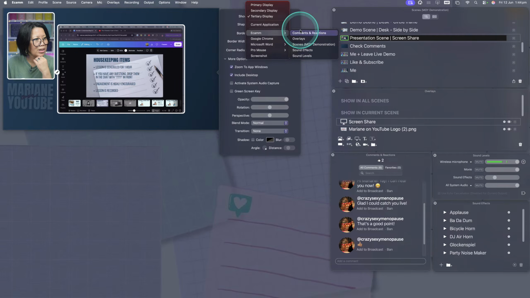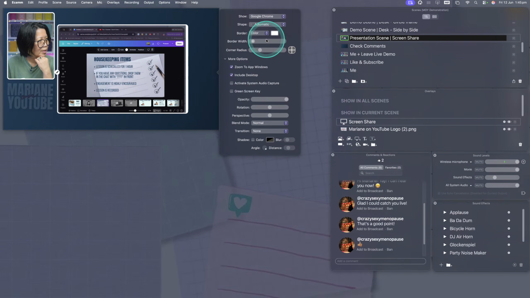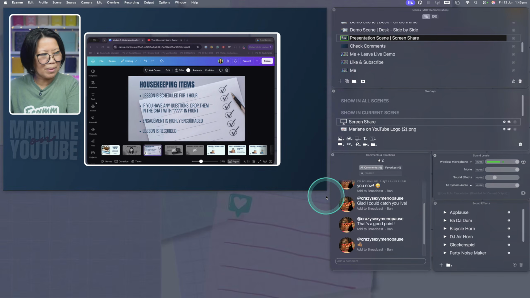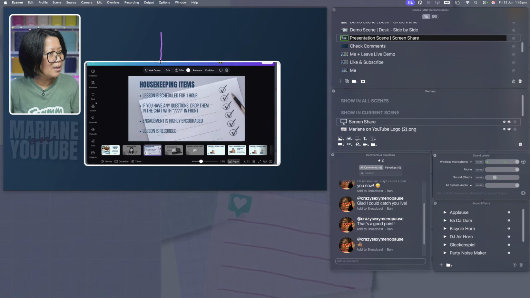So if I wanted, I can share any of these windows here, Google Chrome, okay, which is exactly the one that's on my current. Now, I don't want to show all these things beyond what I'm presenting. So if you hover your mouse on any of the edges until you get those two little arrows, press down on the Option key on your keyboard. You can then crop it,